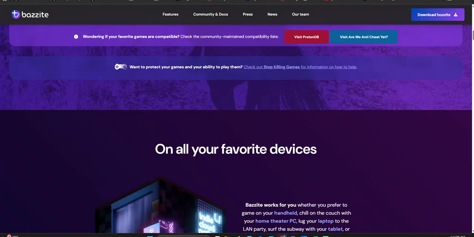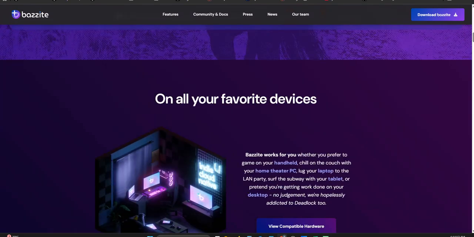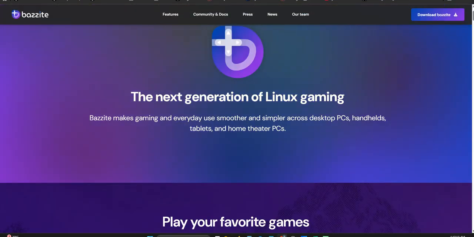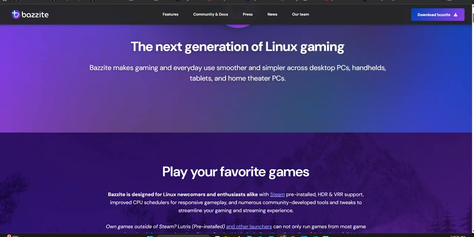Exactly. And the reason it's so low fuss, the key thing to grasp, is its architecture. Bazzite is what we call an immutable distribution. Immutable. Okay. Think of it like the OS on a games console. The main system files, read-only. That gives it incredible stability. Seriously solid. Updates are atomic. They either work perfectly or they roll back perfectly. No half-broken states.